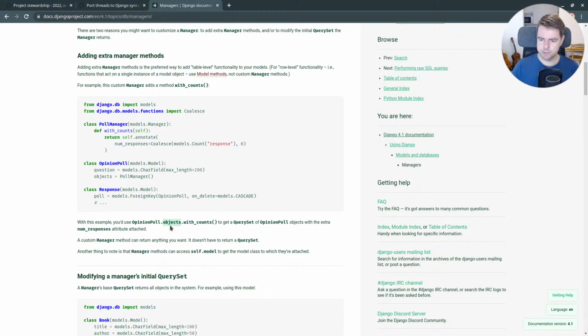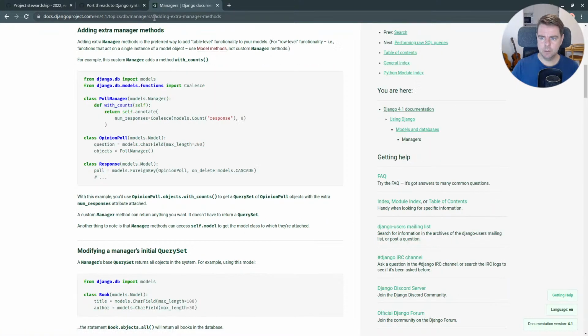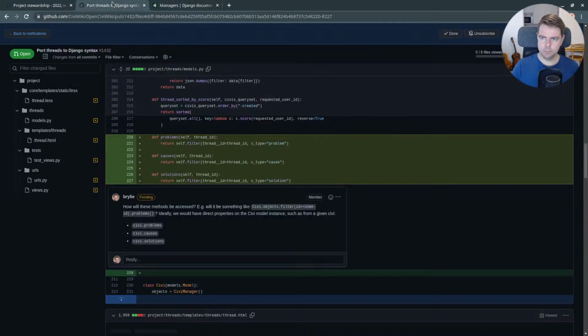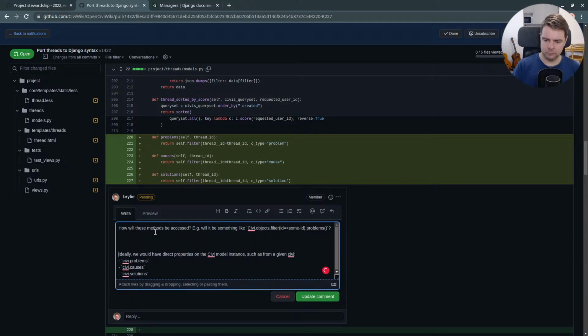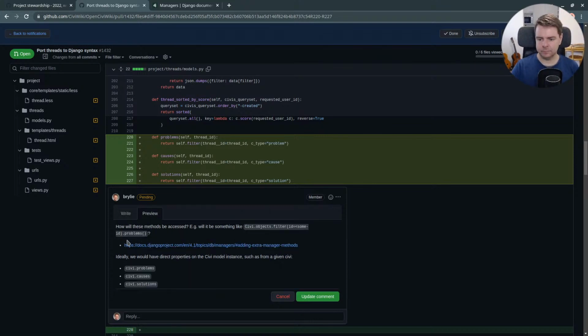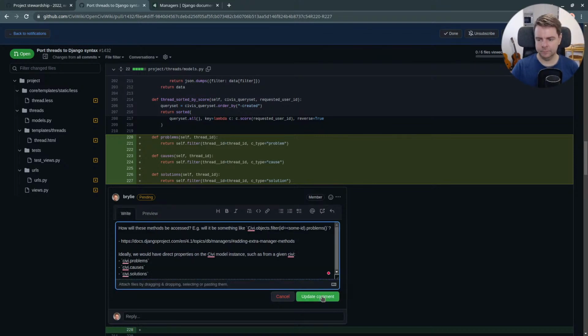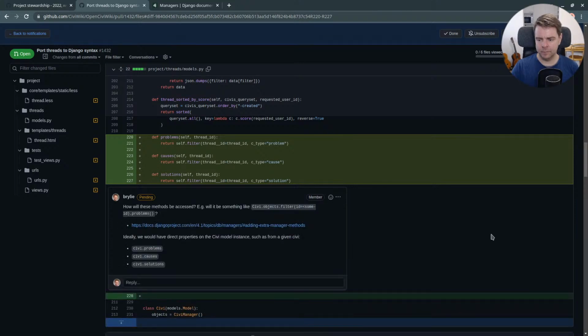Based on this example, though, if we add a manager here with count, it's going to be just for a shared reference.